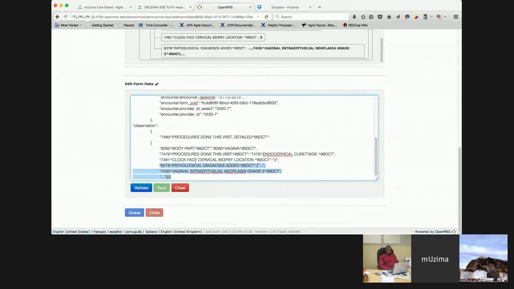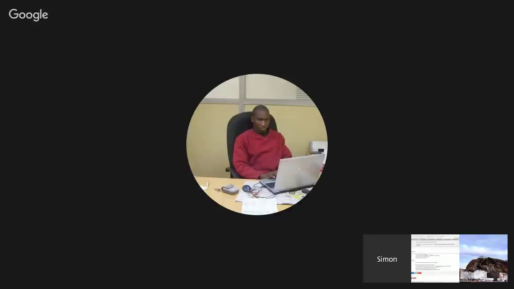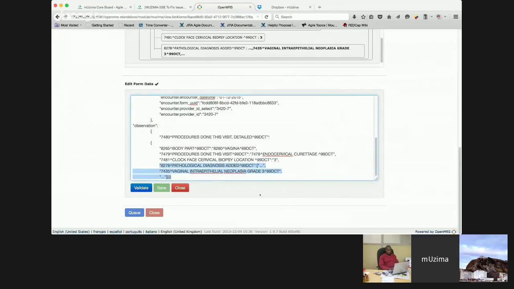Do you see the screen? Yeah, I can see. So somehow it grabs an extra value before and then an extra value after. Okay. So that's why it goes to the error queue. I think it's good that we catch this one, so that it would reduce the payload going to the error queue. So if you can help us to take a look at this one, that'd be great. Yeah, I'll do that.